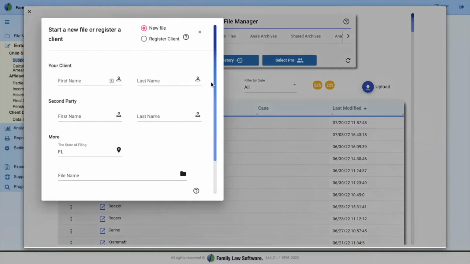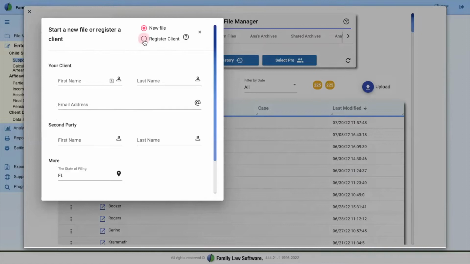So when I click New, remember I told you that you could register a client. When I start a file, by default, this is what we call a new file. That means only I can see it, only I can touch it. The client will never enter data for me. If you want your client to enter data, or at least have the option to enter data, you might be on the fence and you just want to give it a try, you must register the client,